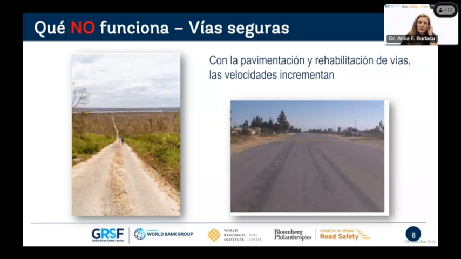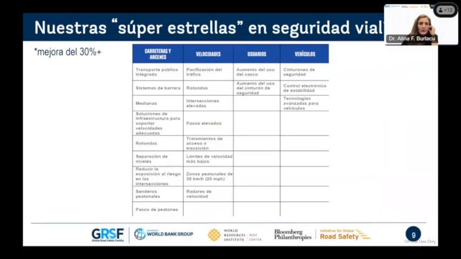So we definitely recommend that this is not done: just improving the surface without additional road safety interventions to manage speed.